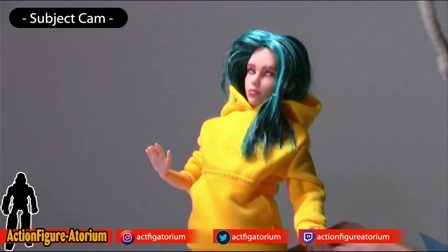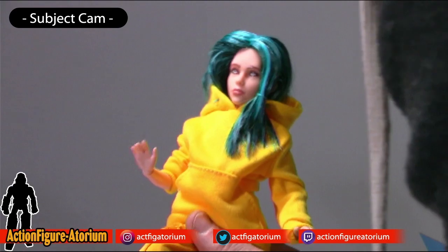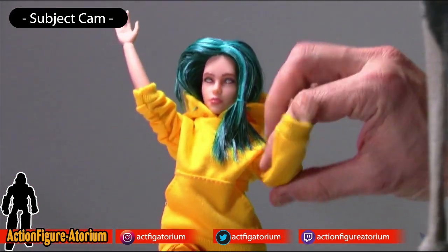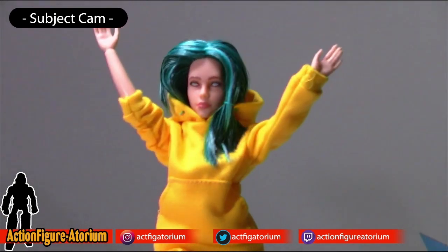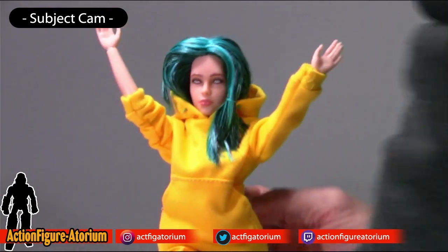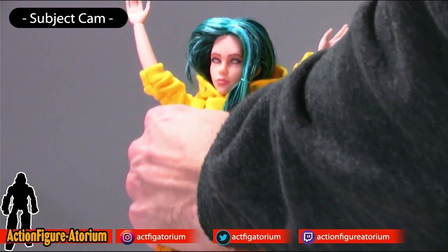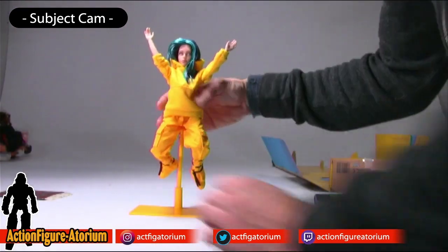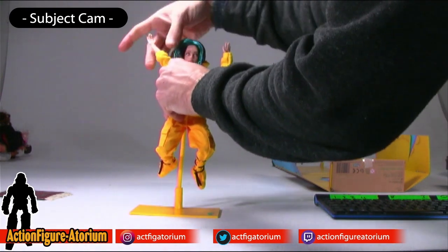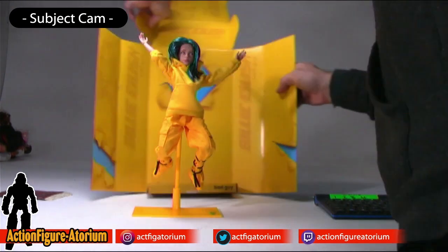Overall, pretty cool, pretty posable. You know, she can do those weird Billie Eilish things that she does in her videos, where she rolls around in a ball, or it looks like she's hanging out with kids, like she's got friends, but, you know, she probably has no friends. Jumping up in the air, doing weird Billie Eilish stuff. I don't know. Here is the